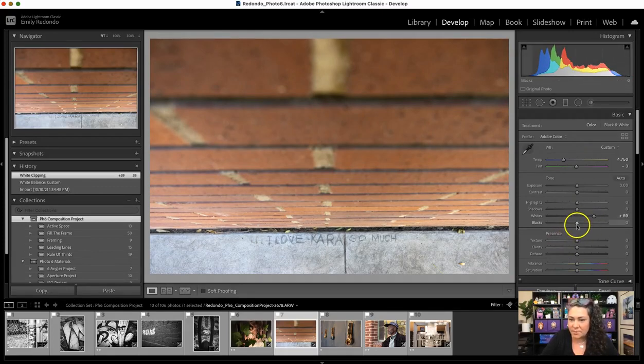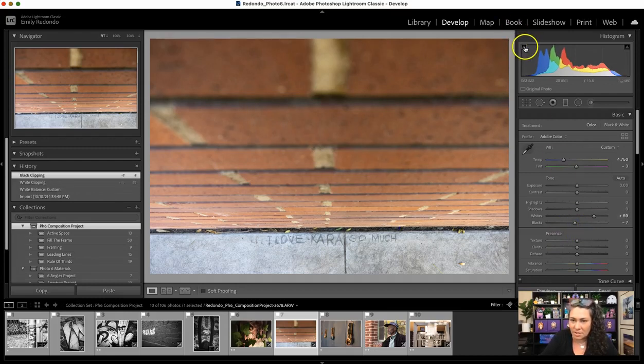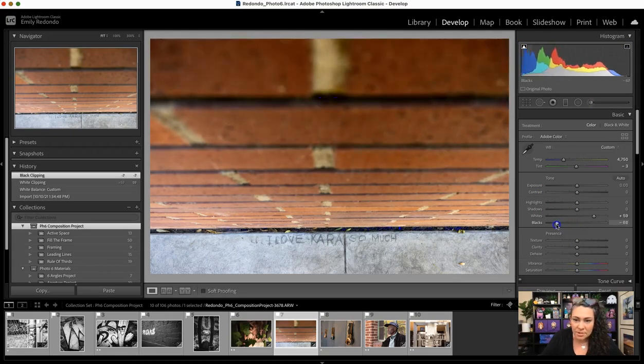Now let's do the same with blacks. I don't have to go nearly as far with this. And actually I'm going to turn on, so right up here we have our clipping indicators. The clipping indicators let us know if we're getting an area that's so black that it's completely black, or if we're getting an area that's so light that it's completely white. So if I click on here and click on here, nothing is popping up because my tonality is still within the range. But let's say I took my blacks, and I'm just going to keep pushing them and pushing them